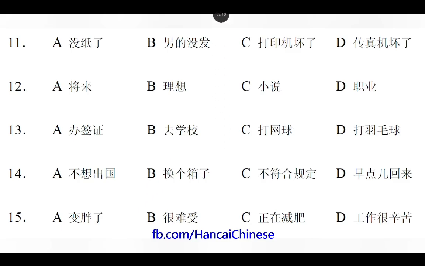Okay, C is the correct answer. I hope you understand. 关于女的，可以知道什么？